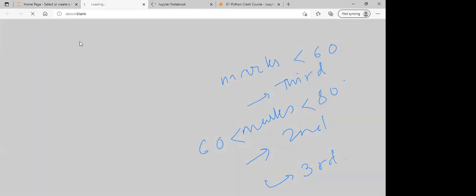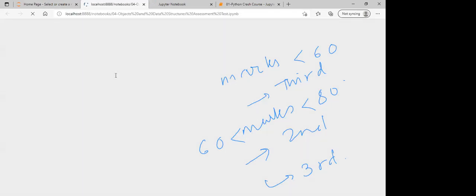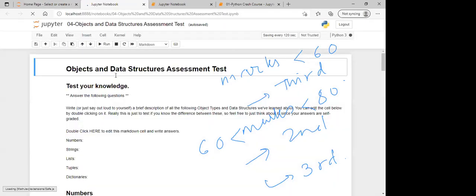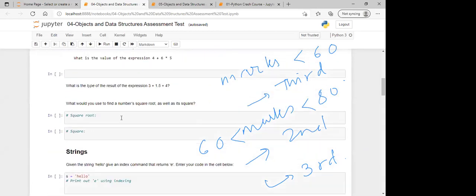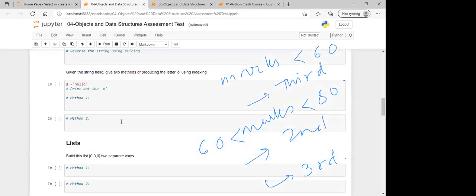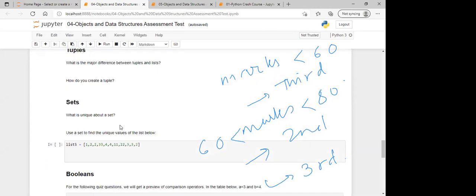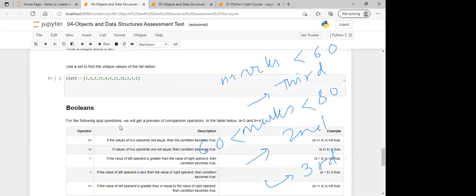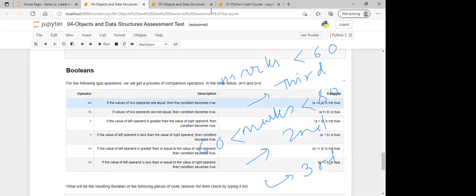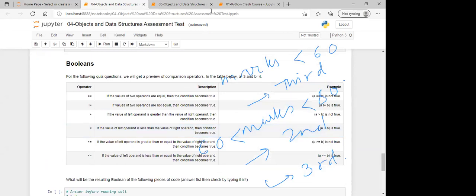So this is what we were doing day before yesterday in the class, right? Scroll down. It will be blank by default. So this is Booleans. We discussed this day before yesterday, and it is only the exercise, right? So there is no answer.